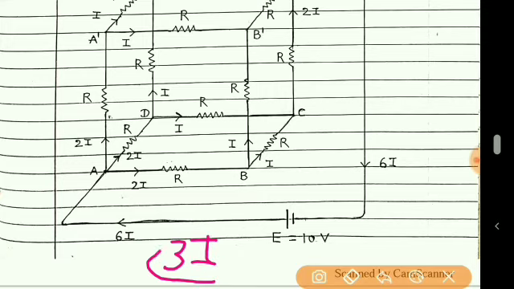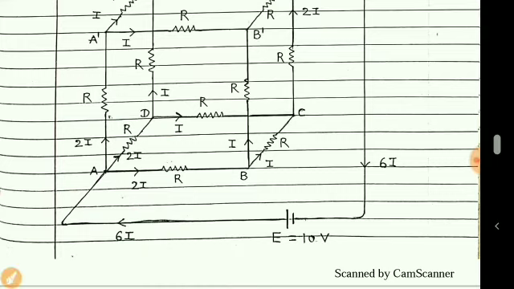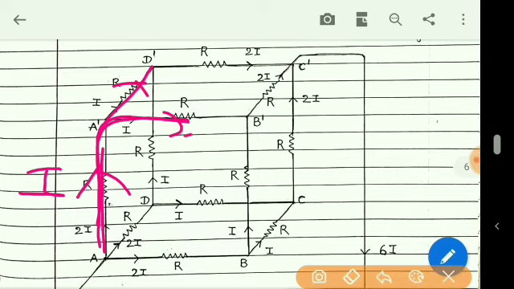Because if we had taken 3I, then here the current will divide and we can write along this path I, along this path also I, and along this path also I. But even when the current moves from here, again it gets divided. So if we have taken that as 3I, then along this path the current will be I, and when it divides here, again that will be I by 2 and I by 2 here. So once again there is a fraction.